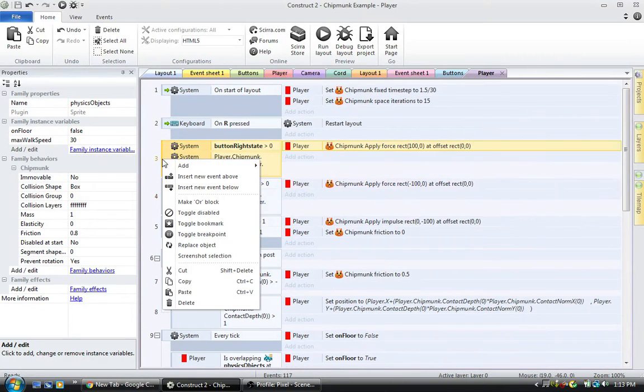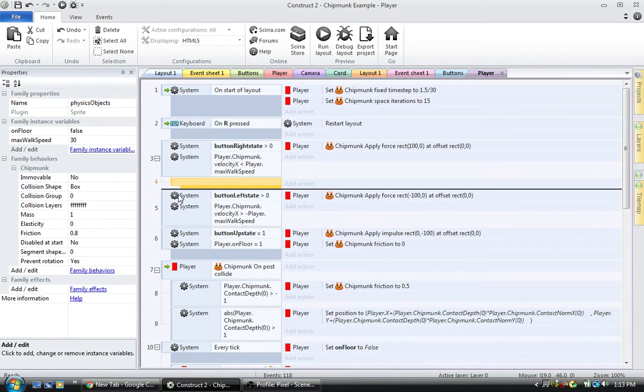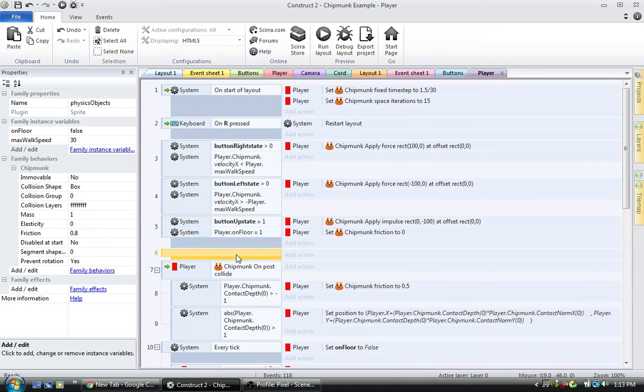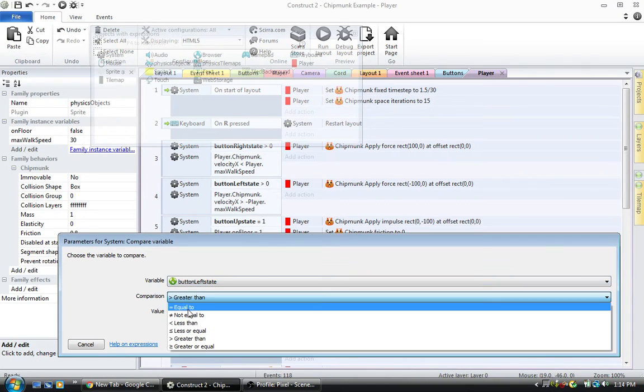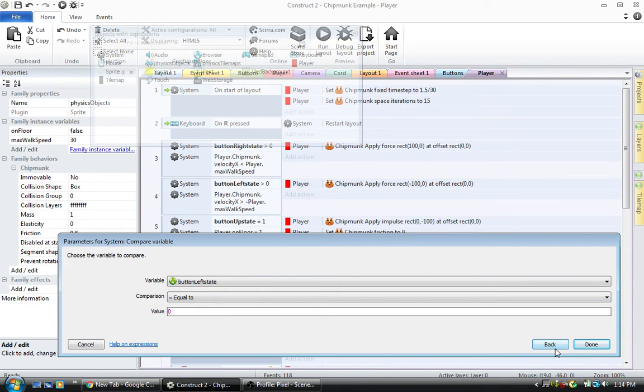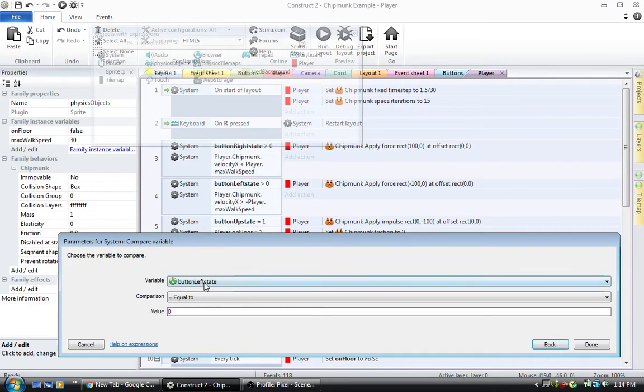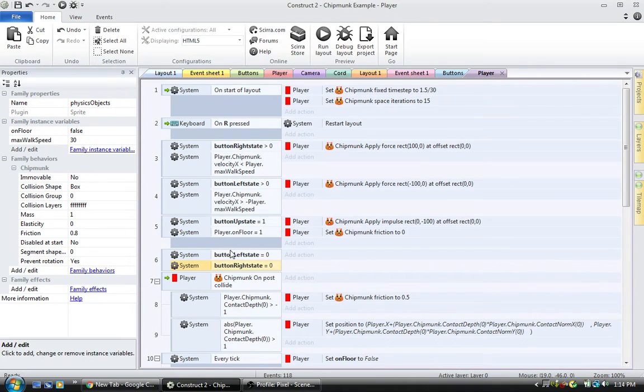Actually, create a blank sub event, and then we can just drag it down and paste that there. If left state equals 0, which means I'm not pressing the left button, and the right state is 0, meaning I'm not pressing the right button, then it'll stop moving basically, but we don't want it to slide, so